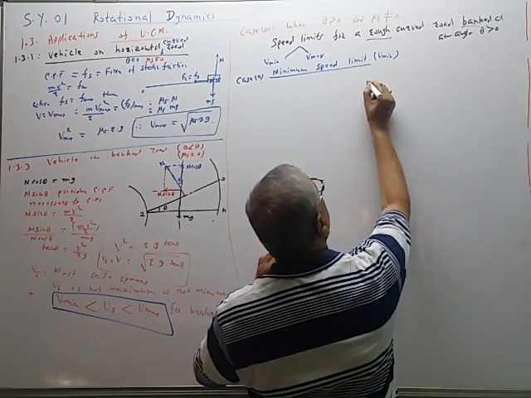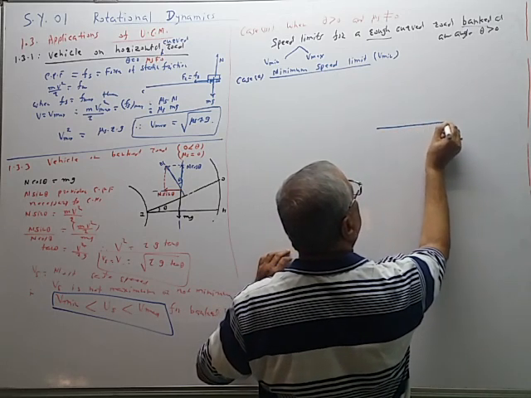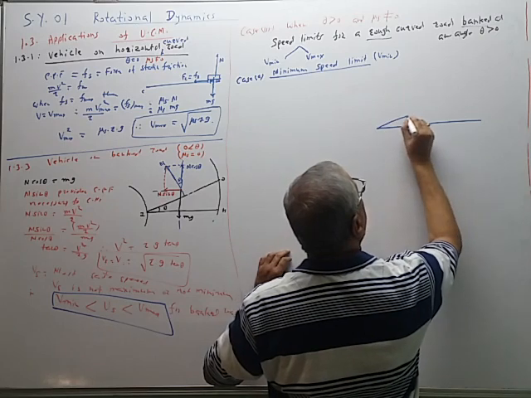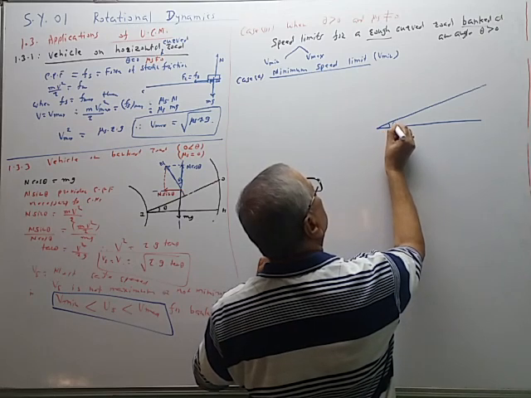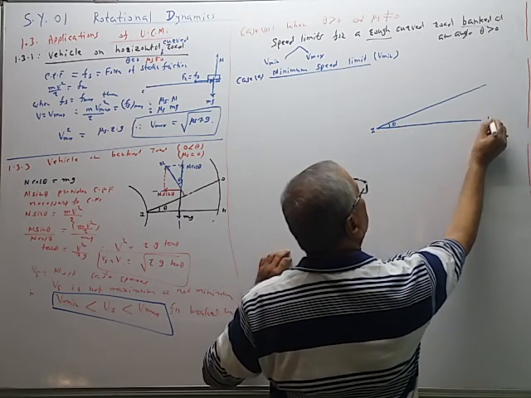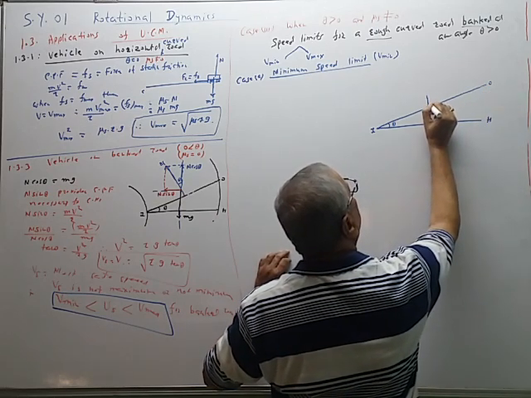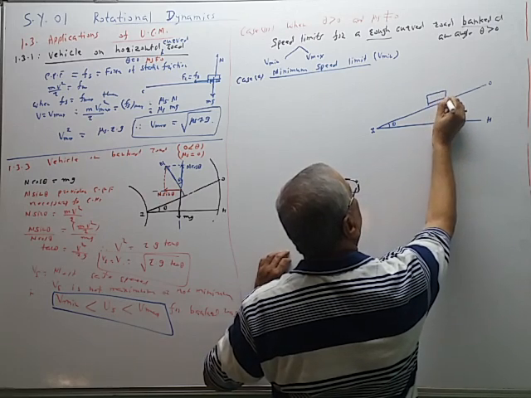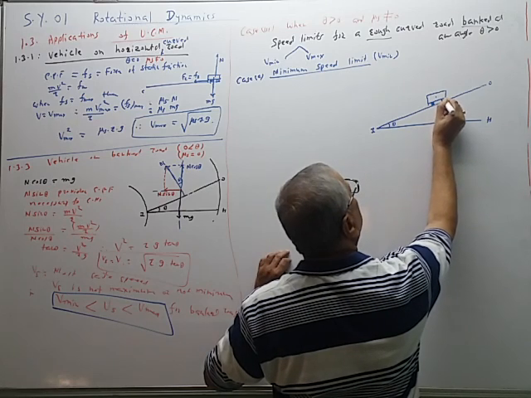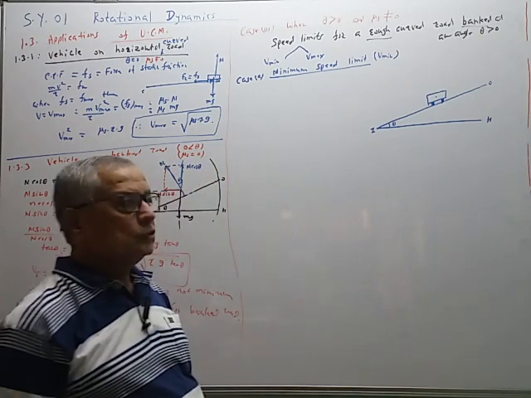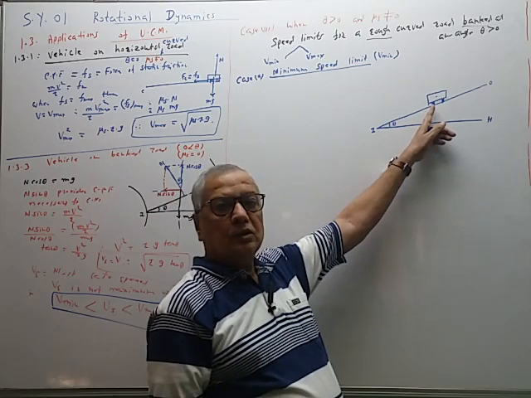So the figure is important. This is the horizontal road. This is the road banked at an angle theta. I is the inner edge, H is the horizontal, O is the outer edge. This is the vehicle. This is the center of gravity. These are the tires. Like this. So force of friction exists along the tangent to the surface in contact.